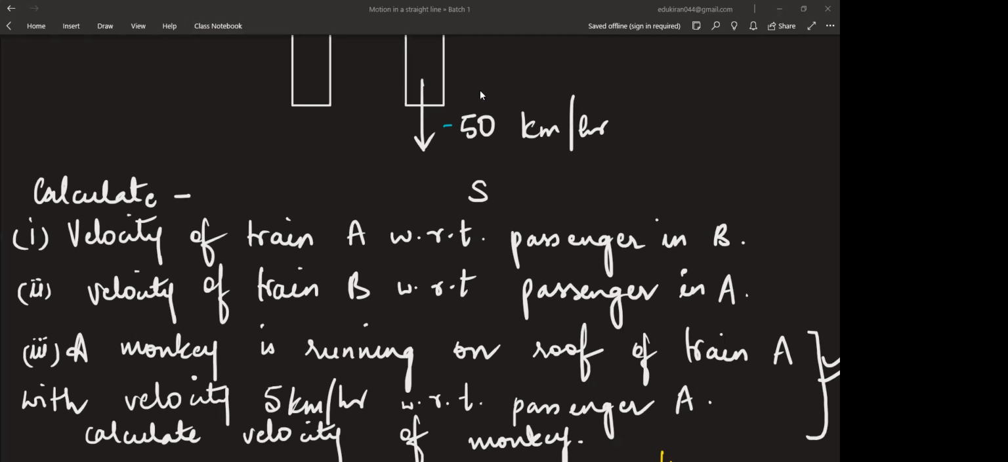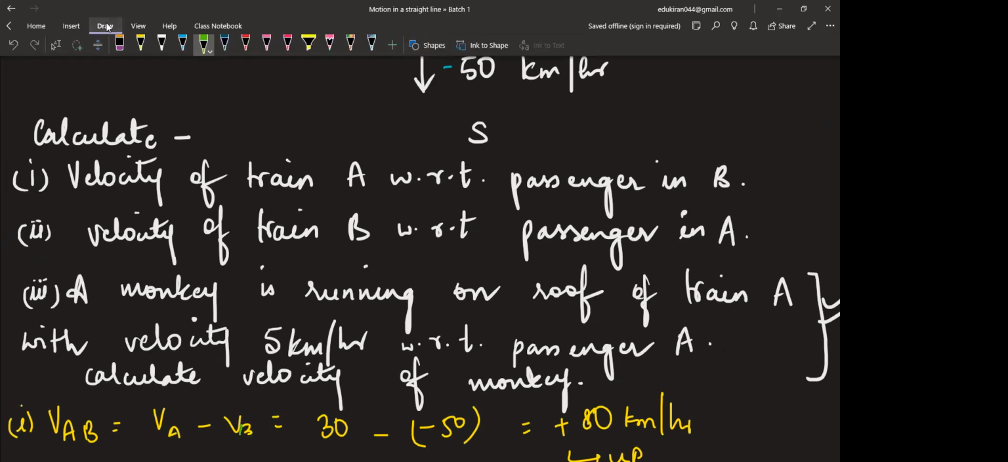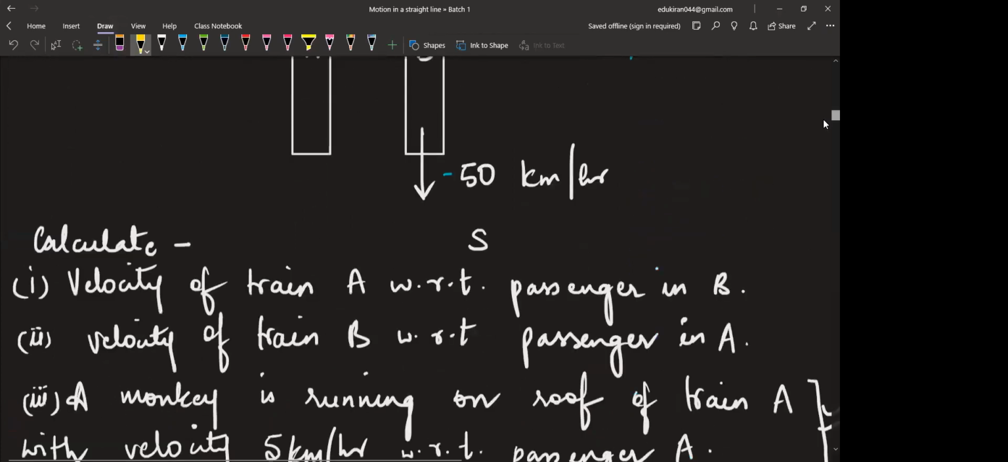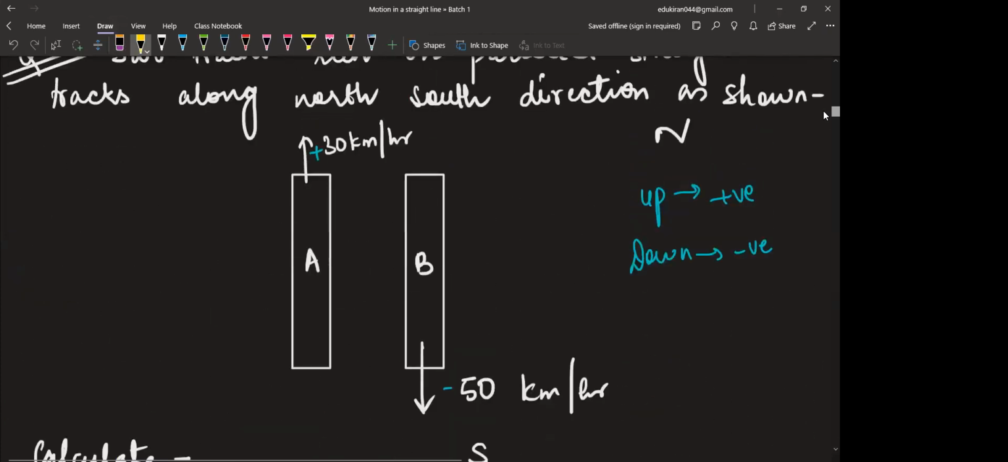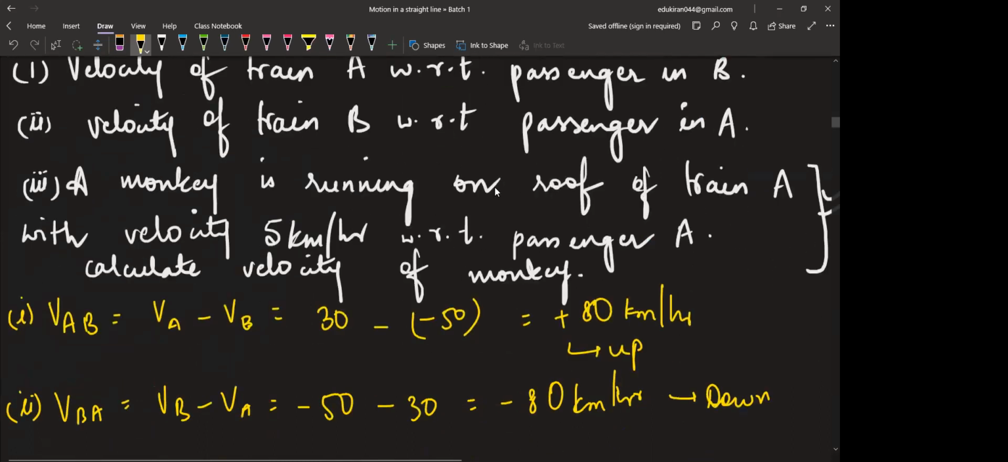Okay. See, first answer, velocity of train A with respect to B. Look class, VA minus VB. Now, when we are discussing this VA minus VB, the velocity, I had told you the sign convention that we had chosen, right? So we have chosen the sign convention: up is positive and down is negative. So if up is positive, this becomes 30 and this becomes minus 50. So the answer for the first two parts is